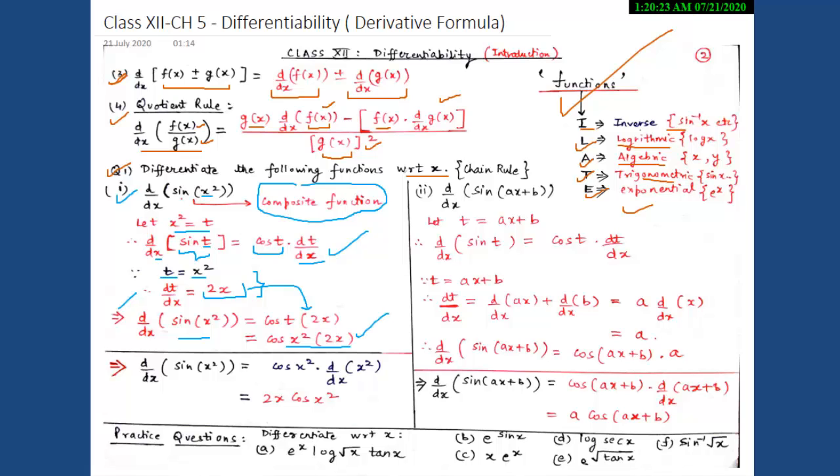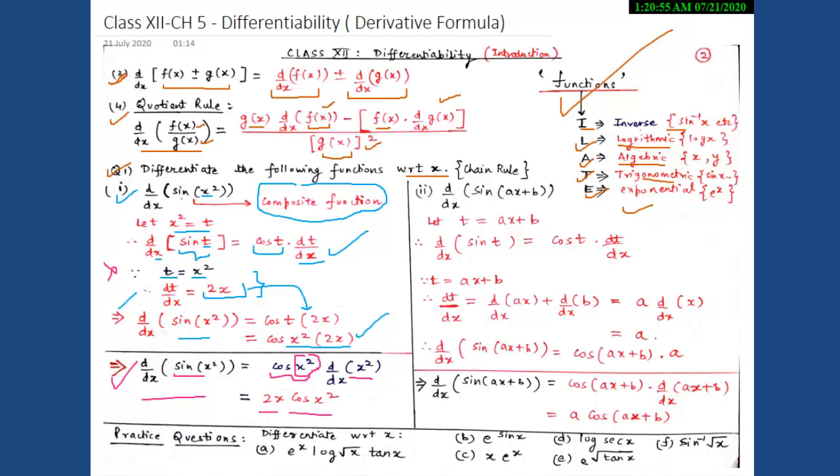So this is the general method of how to apply the chain rule, but we will not apply this method in the examination. What you all have to do is, for d by dx of sin x square, directly apply the chain rule. Since you know that d by dx of sin x is cos x, first differentiate d by dx of sin x square, which is equal to cos x square. And now again we have a function x square which is an algebraic function. So again we will differentiate it, that is d by dx of x square which is equal to 2x. So our answer is 2x into cos x square.